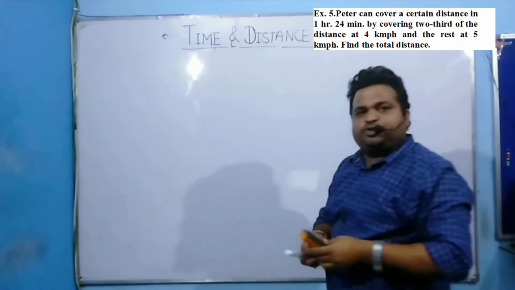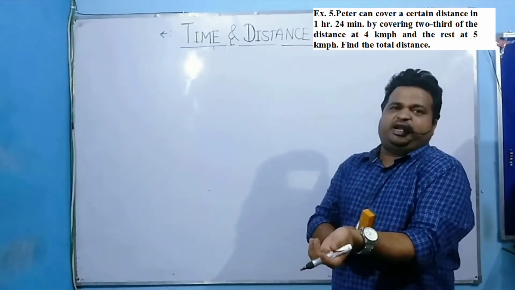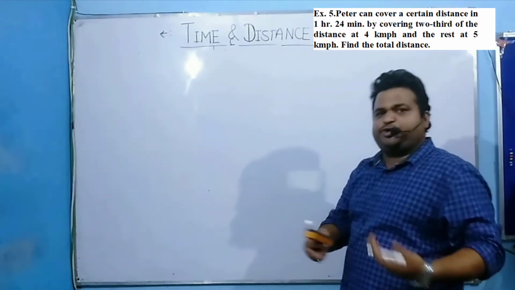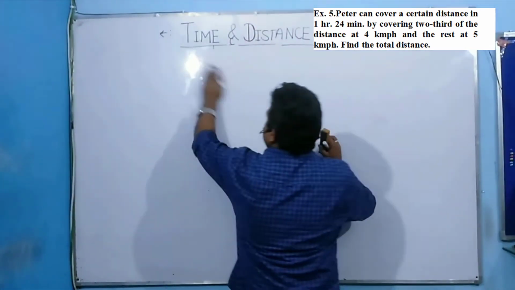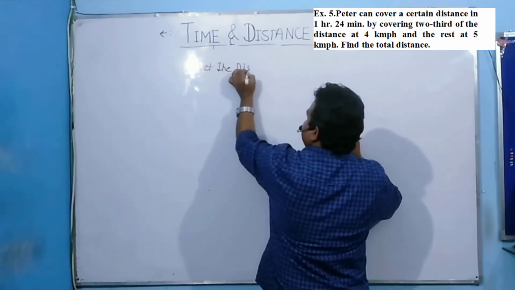तो टाइम एंड डिस्टेंस का दूसरा क्वेश्चन है. यहां पर आपको डिस्टेंस की वैल्यू को इक्वेट करना पड़ेगा. ओके, टाइम वैल्यू दे रखी है तो टाइम को इक्वेट कर सकते हैं, डिस्टेंस को इक्वेट कर सकते हैं. कैसे करेंगे आप देखिए. Let the distance